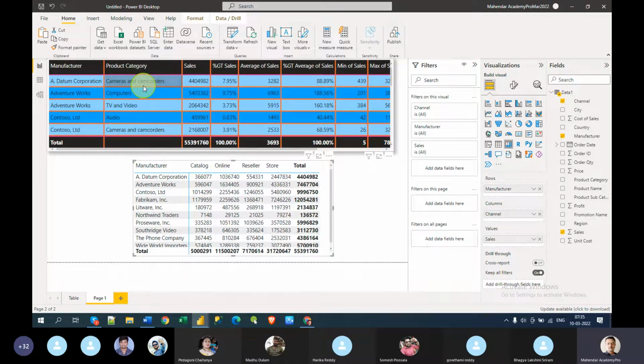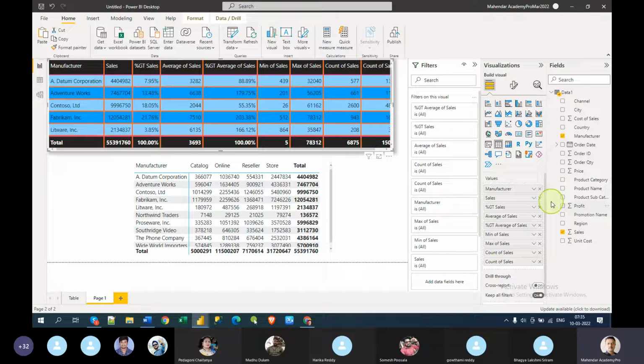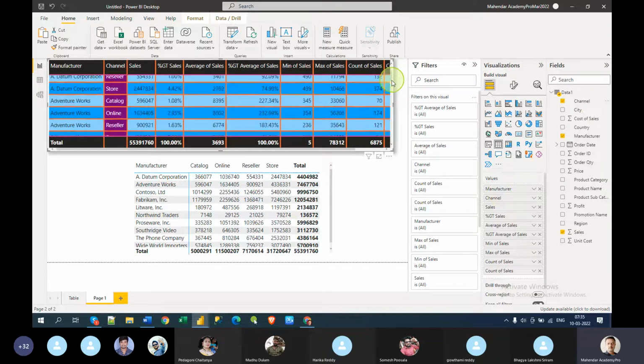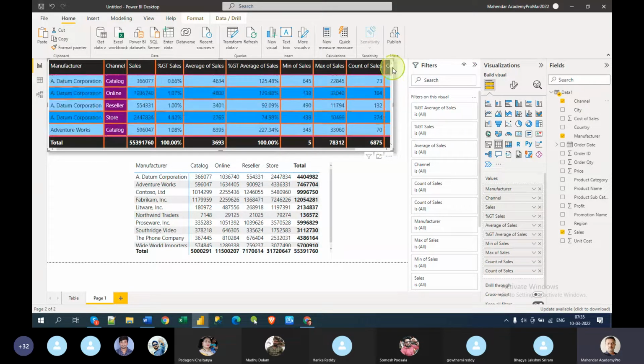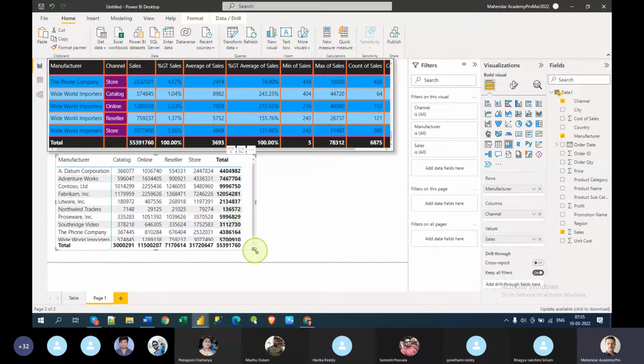But if you just have the same thing here, let me click this, manufacturer versus channel. Now you see how big the table is, in terms of length I'm talking, not these values. Here you can simply plot manufacturer like this and regions like this, and you can see the values. I like this very much, because it will save you time and give you a very good analysis.